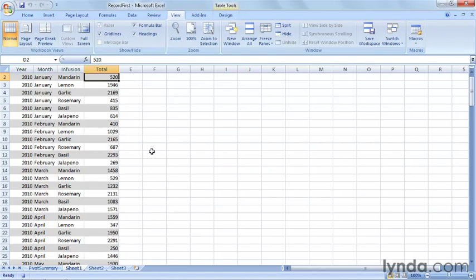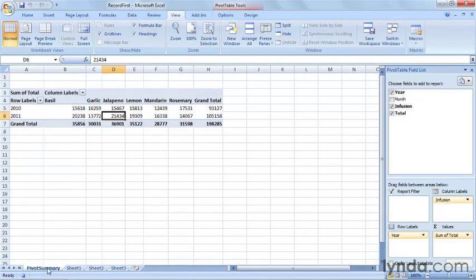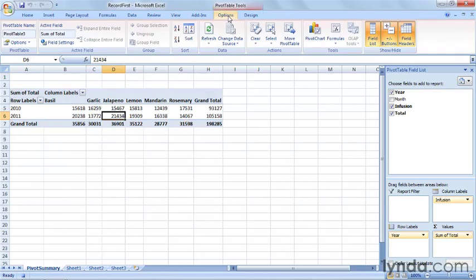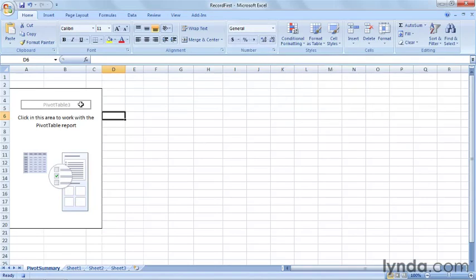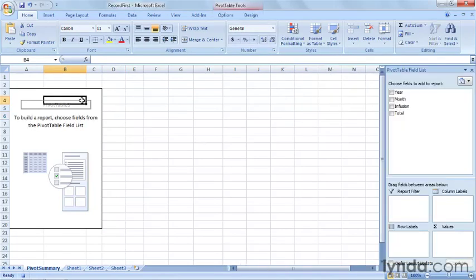Now I'm recording. I'll move to the pivot summary sheet, and then with the pivot table selected, I'll go up to Options, click Clear, and clear all. When I do, Excel removes all the data from the pivot table, but it doesn't actually remove the pivot table itself. So to bring it back, I will click on the pivot table on the left side there,